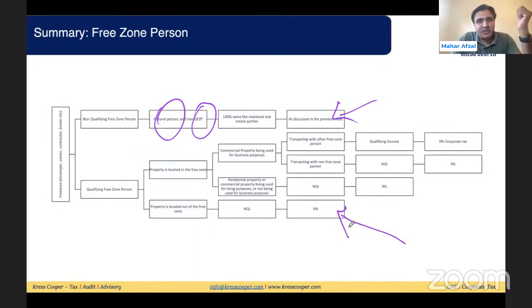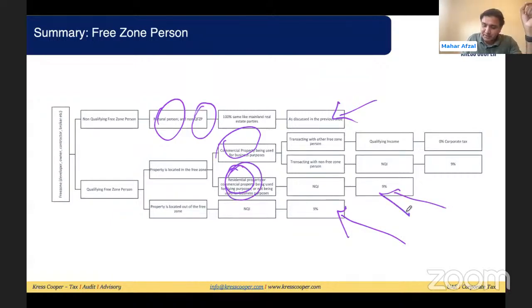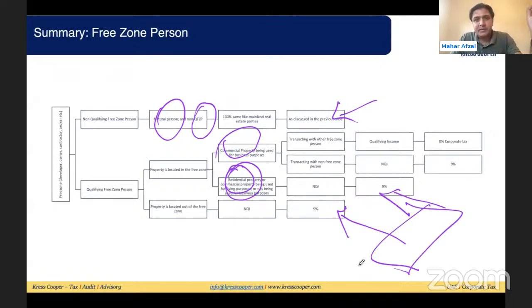If the property is within the free zone, then we need to look into this. If it is a residential property, or a commercial property that is being used for living purposes, both will fall under this category. It will be straightforwardly subject to tax at 9%, and it will not meet the de minimis criteria, as we discussed. Then, if it is a commercial property located within the free zone,